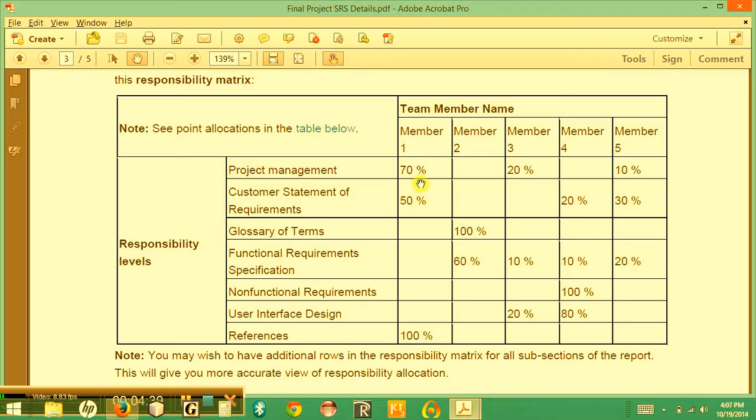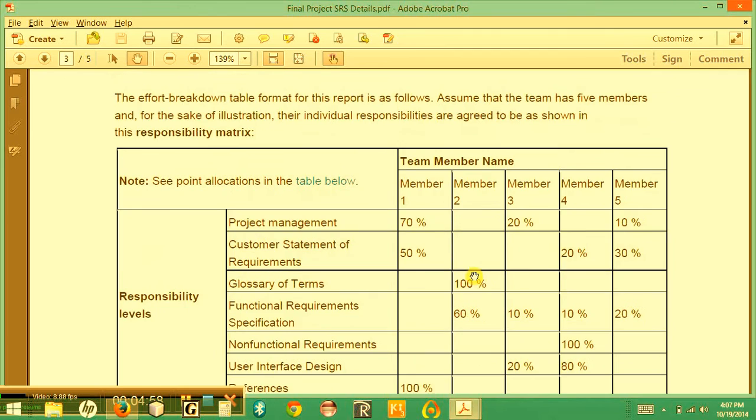Now, if you'll notice, say for instance, team member 1 only worked on 2 of the sections of the SRS document, which is perfectly acceptable. Team member 2 worked on 2. He was 100% responsible for the glossary of terms and about 60% responsible for the functional requirements. So you'll fill out this